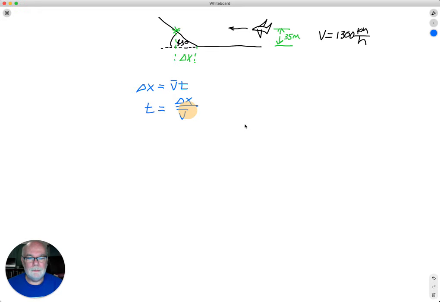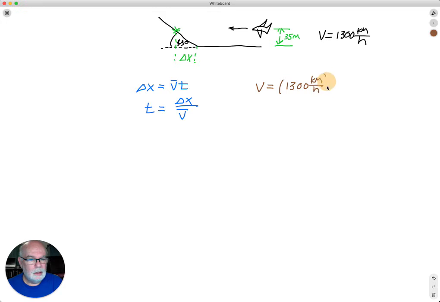But we also need to find the velocity. Now you might say, wait a minute, we've got the velocity. And that's true, we do. But it is in kilometers per hour. And since we're dealing with meters here, we need to deal with meters everywhere. Or we convert that to kilometers, but that would be a very small number. And also, we don't want hours. Presumably, we want to know how many seconds she has to do this, not how many hours. So let's convert this first. Doesn't really matter which I do first. So it's 1,300